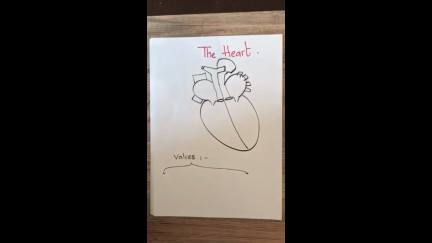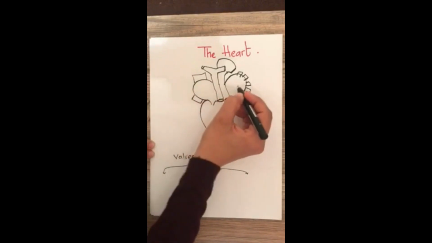Today we are going to talk about a very interesting topic, which is the cardiovascular system, or as mentioned in your book as Transport in Animals, chapter 9. Starting with the heart, the first thing we should know is the structure of the heart. The heart consists of 4 chambers,